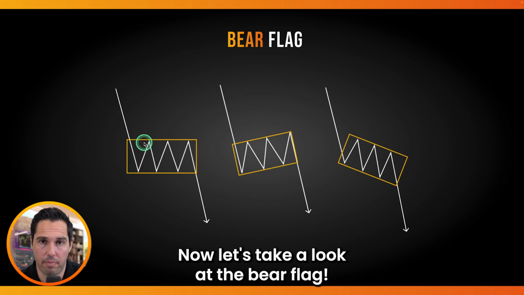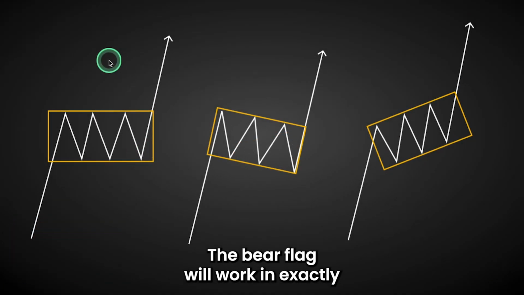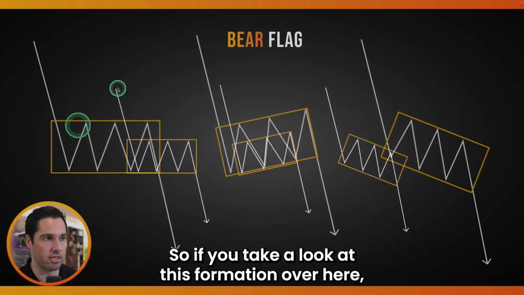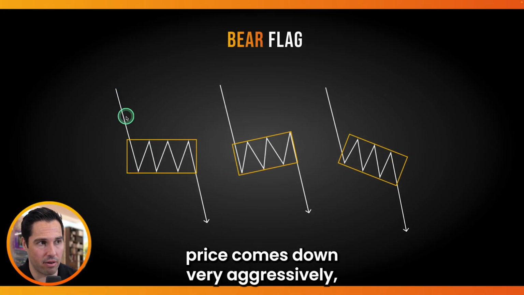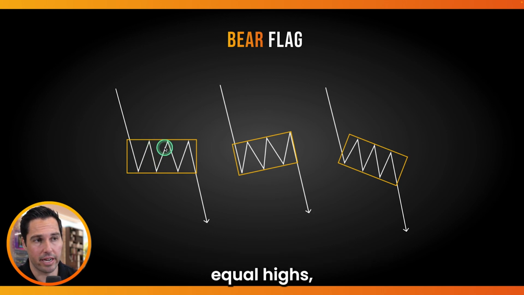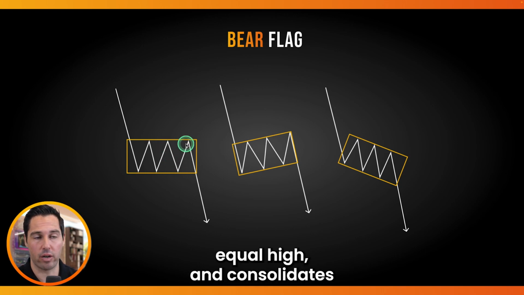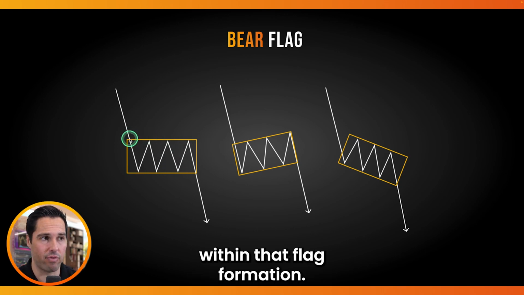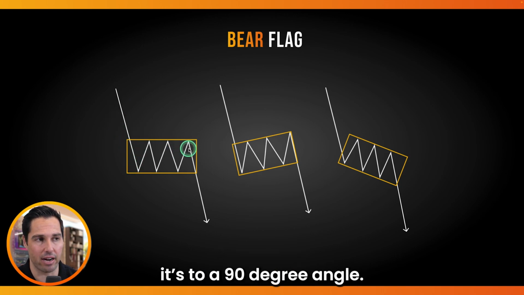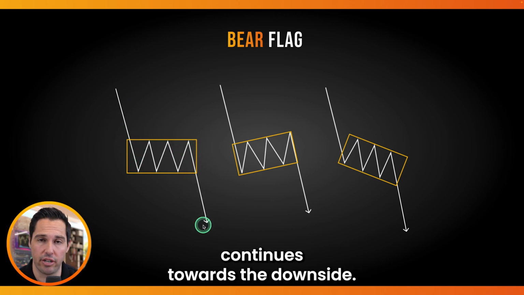Now let's take a look at the bear flag. The bear flag will work in exactly the same way, just in the opposite direction. So if you take a look at this formation over here, price comes down very aggressively, bounces, creates a lower high, equal lows, equal highs, equal low, equal high, and consolidates within that flag formation. So this is a perfect bear flag because it's at a 90-degree angle, and then ultimately price continues towards the